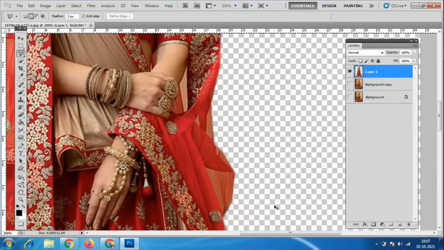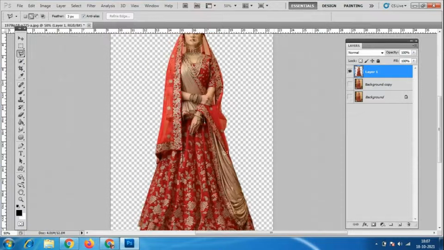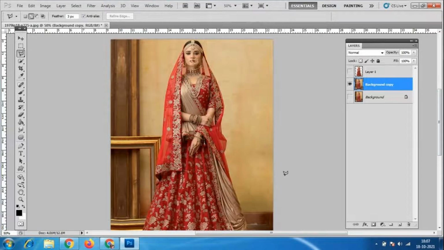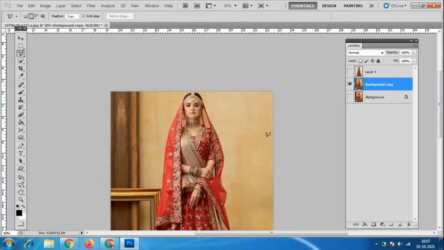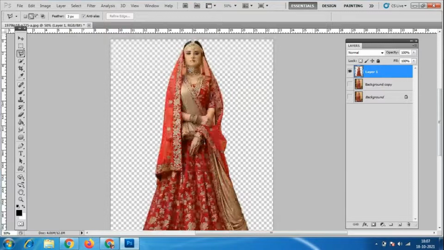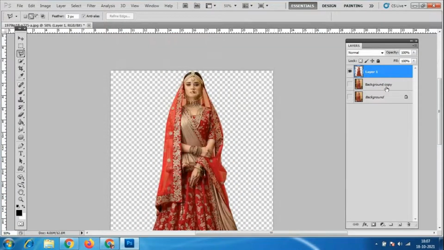Now what I have to do is give the background color. I already have 3 files over here. I have hidden all these layers because I have cut this image and I don't want the same background. I want a different background with a single color. So this is the image I have cut. I'll go to the single color now.